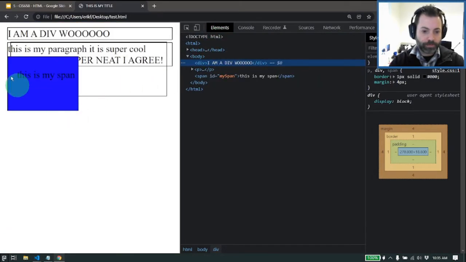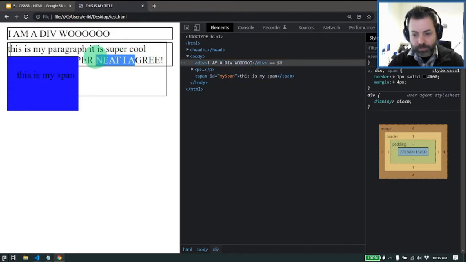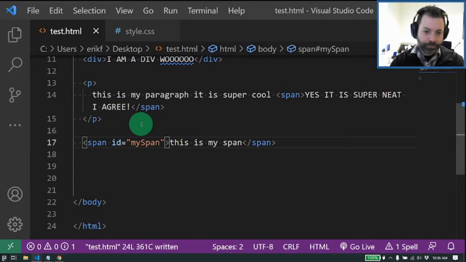So refresh again. Here's my span. It's blue. The span up here, not blue. Again, it's uniquely identifiable. All right, other things. Let's round this off with a nice little demo for a menu and what we could do with that,